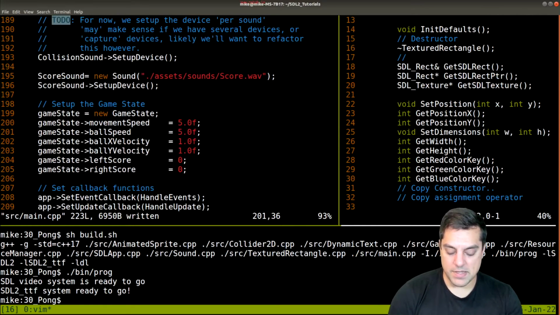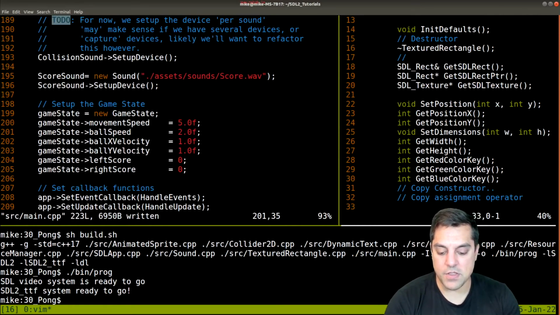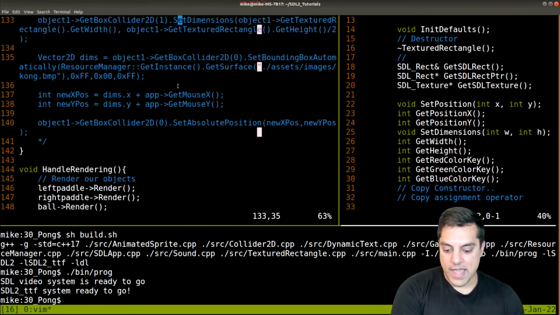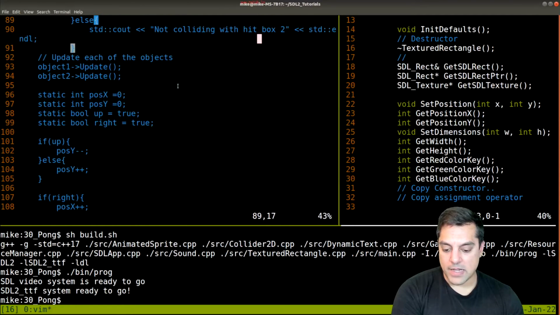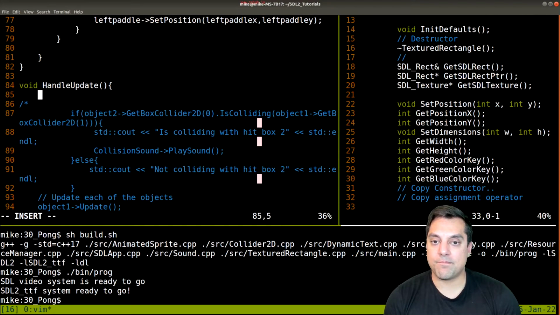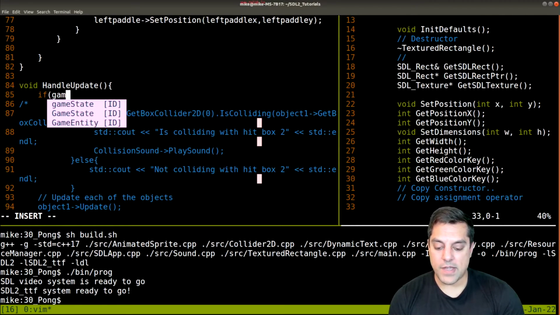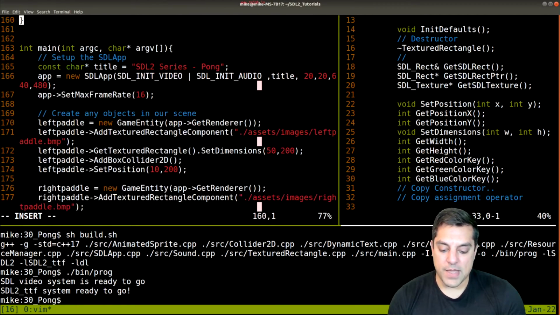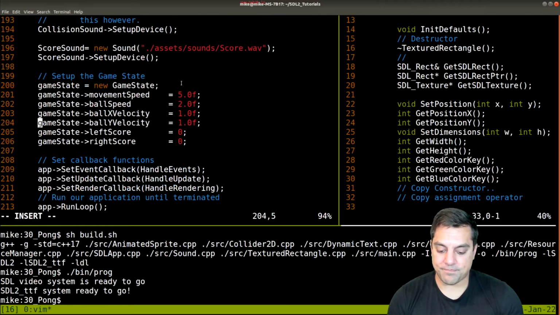Let's try something like this for now. And I'll slow the ball down to make it a reasonable thing. Okay, with that said, let's go ahead and look at our update here. Because this is where we're going to want to actually be updating the game and moving the ball around and handling some of the other things like collision and so on. So let's go ahead and look at our game state, and this is where I actually am just going to use the X and the Y velocity for our ball